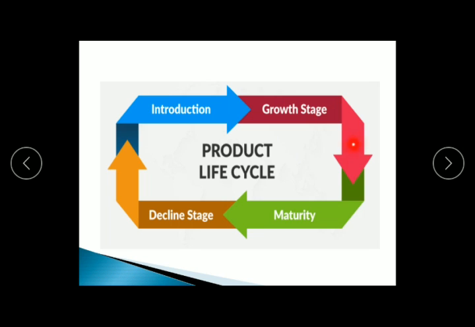After growth, there is the maturity. In the maturity stage, the majority of the customers are using the available version of the iPhone. So you can say iPhone 7 or iPhone 6s or iPhone 8. These are under the maturity phase. That means the company is taking the maximum profit from this product. So if the company has maximum profit from this product, then that product comes under the maturity condition.